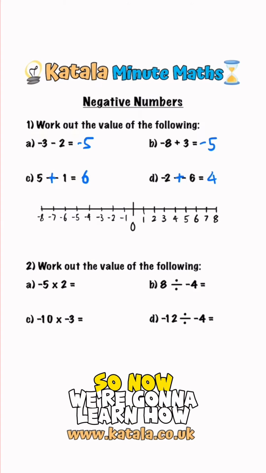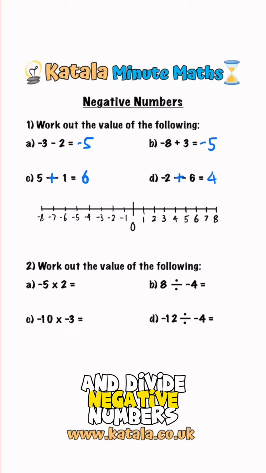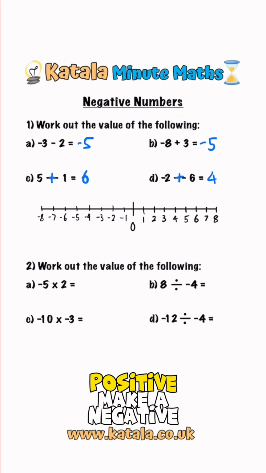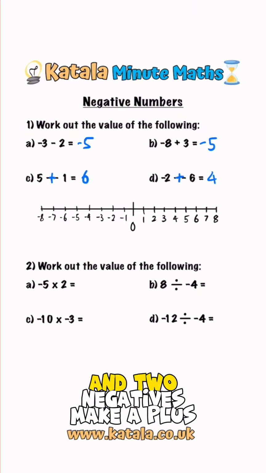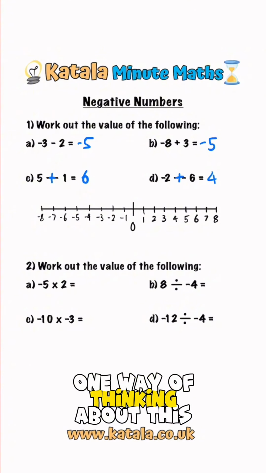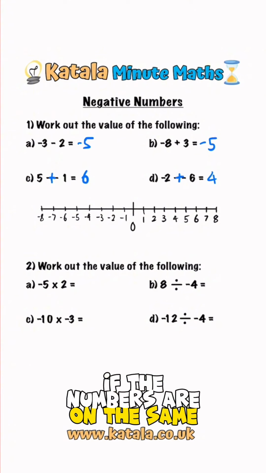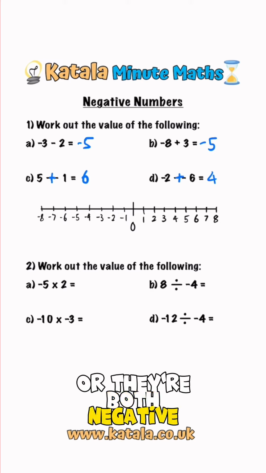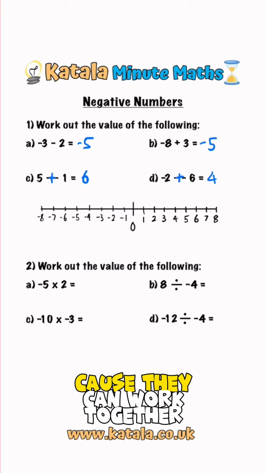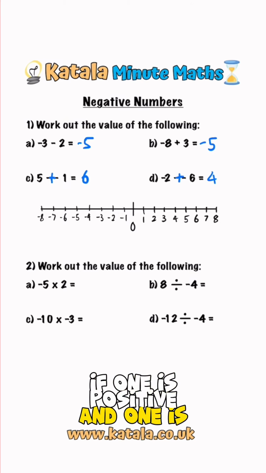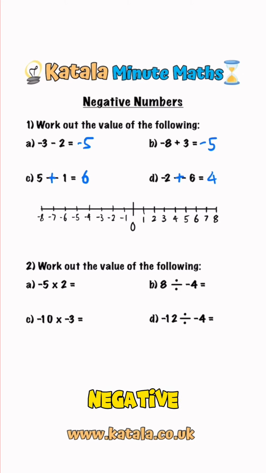Okay, question number 2. So now we're going to learn how to times and divide negative numbers. Basically a negative and a positive make a negative, and two negatives make a plus. One way of thinking about this is if the numbers are on the same team, so if they're both positive or they're both negative, then the result is going to be positive because they can work together. If one is positive and one is negative, then the result is going to be negative because they're on opposite